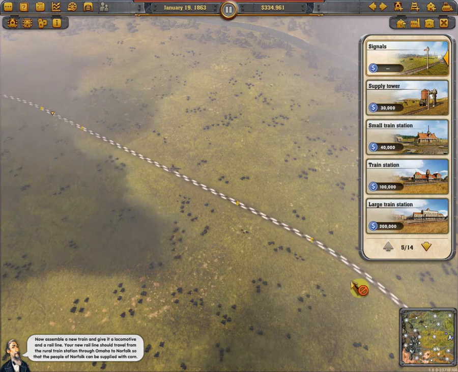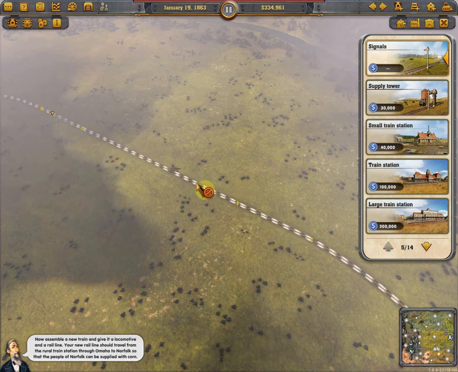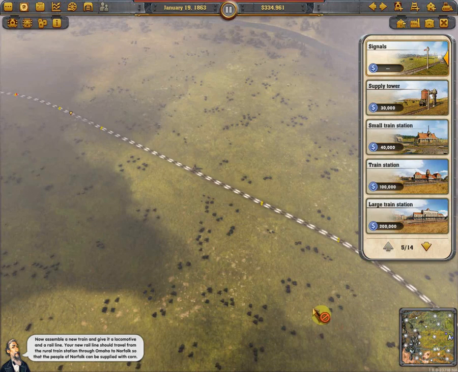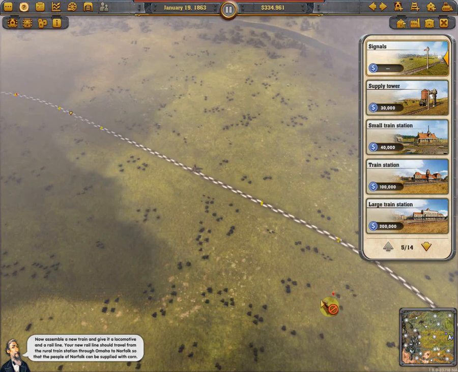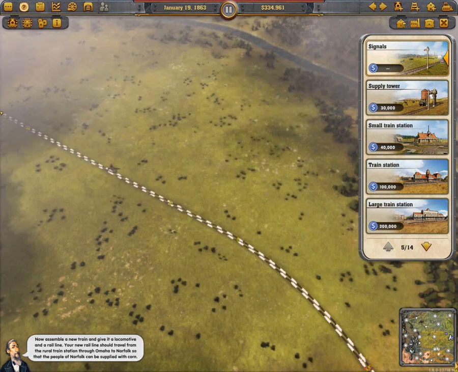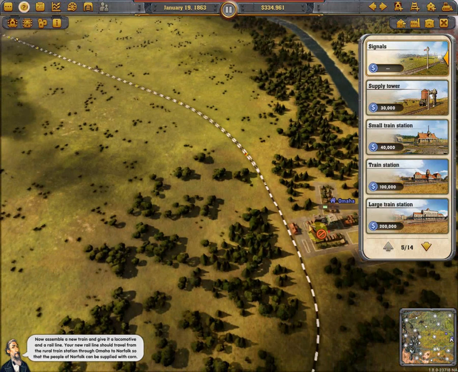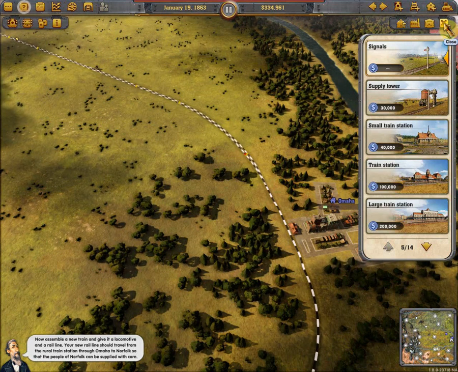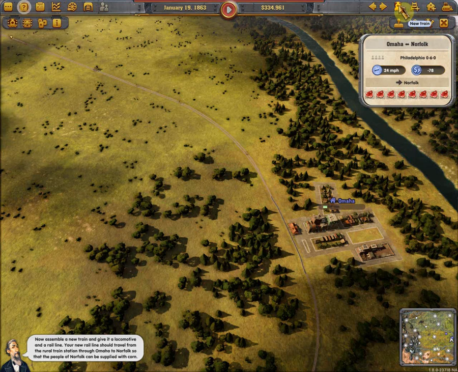This now means that there are 1, 2, 3, 4, 5, 6, 7, 8, 9, about 10, 12, maybe even more sections of track, allowing up to 12 trains, potentially. Not that we would at this stage, but it's there. Okay, so, out of this, he'd like us to get a train